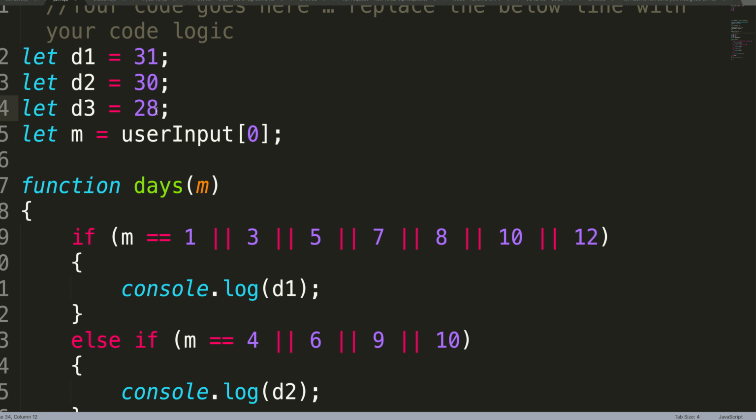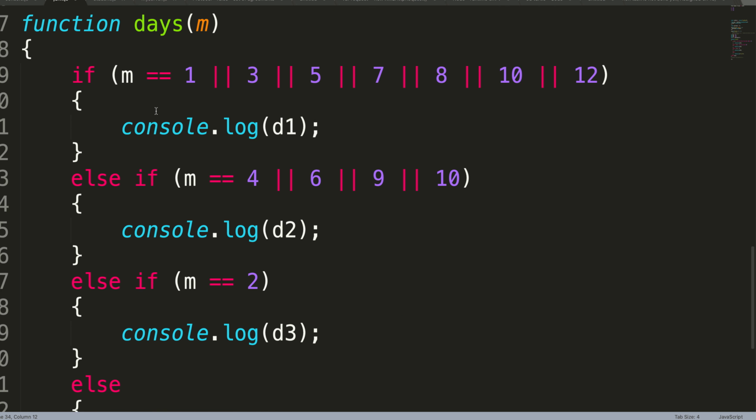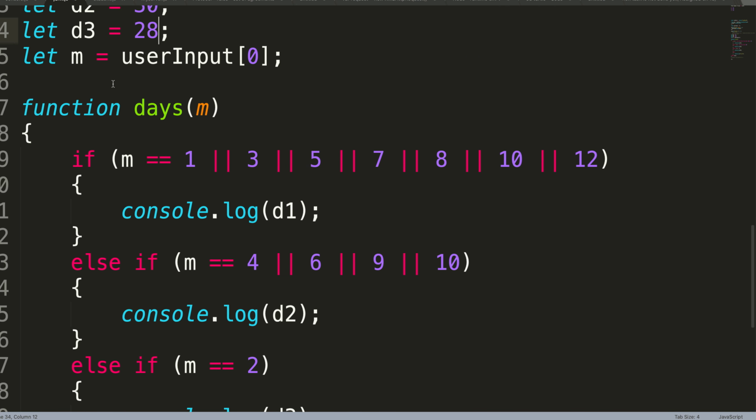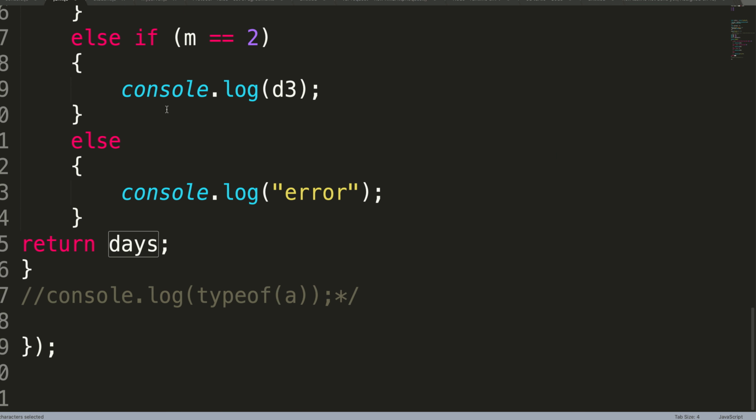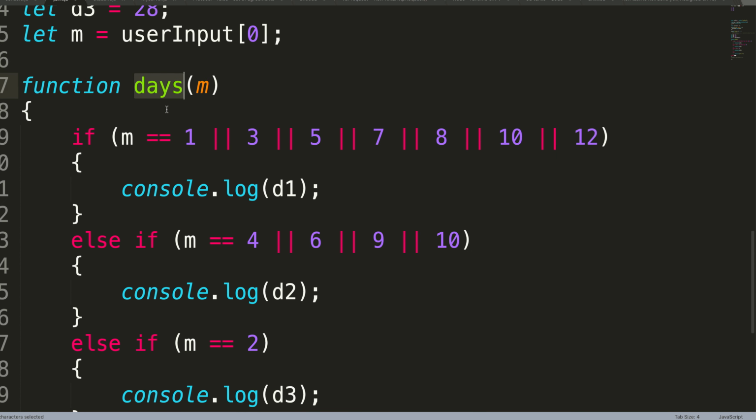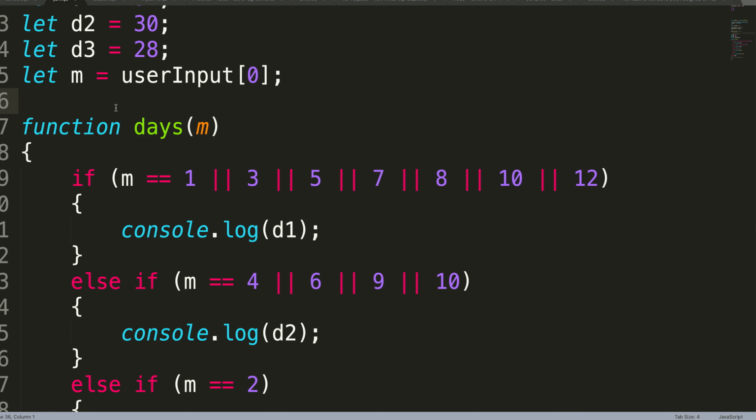But when it comes to the coding part, his syntax was not proper. Either he copied from somewhere or he has not learnt properly. Why I am saying it is copied from somewhere: he has written everything inside a function whose name is days, but if you see the code, nowhere has he called the function days. When you write a function, you should call it.